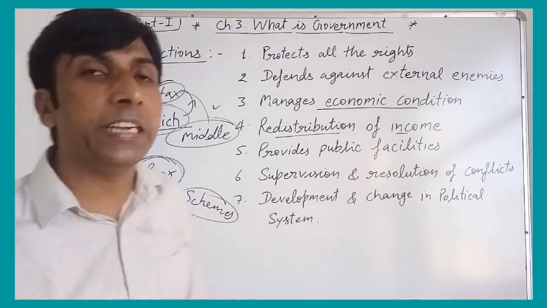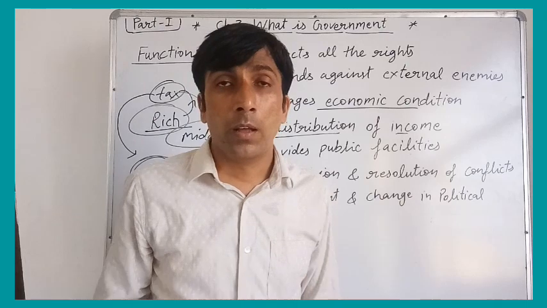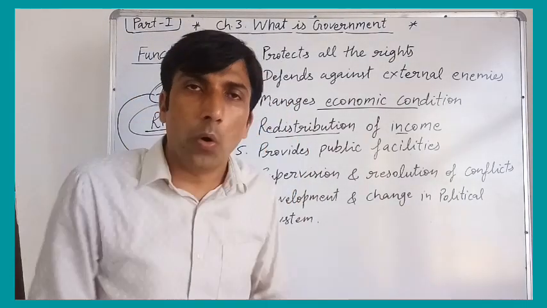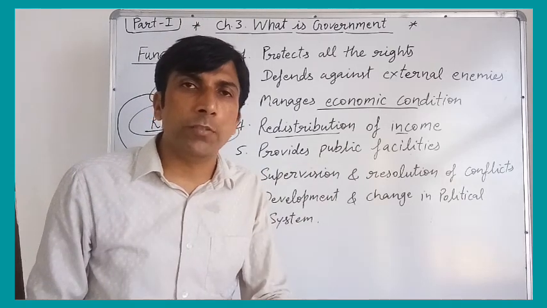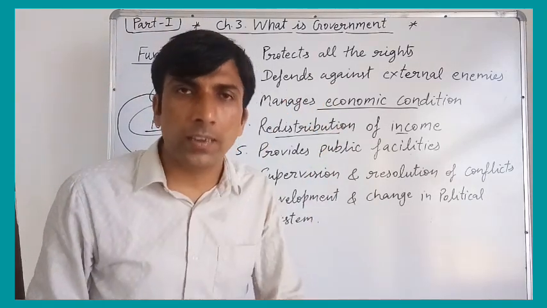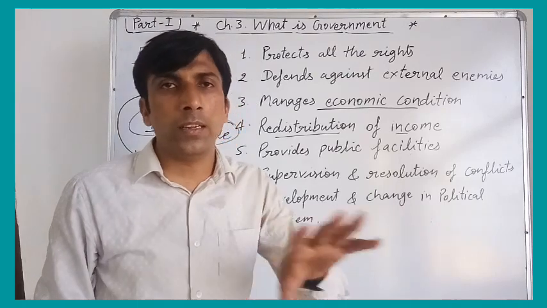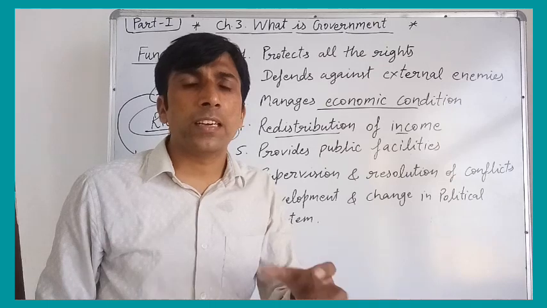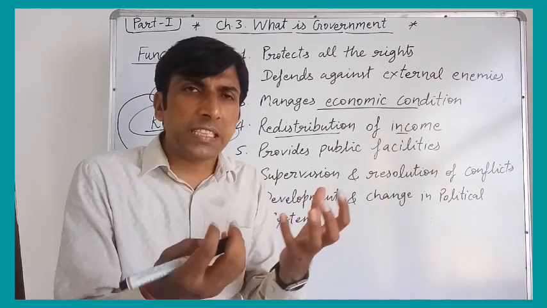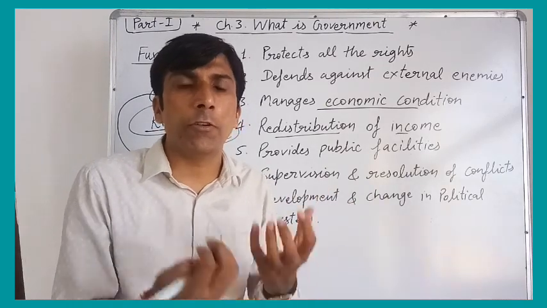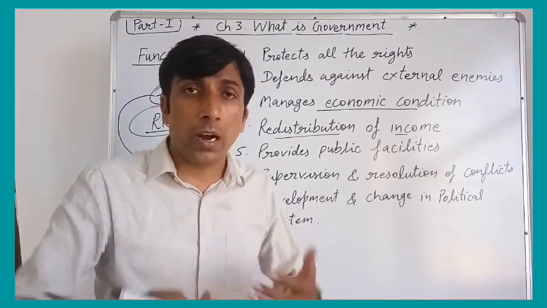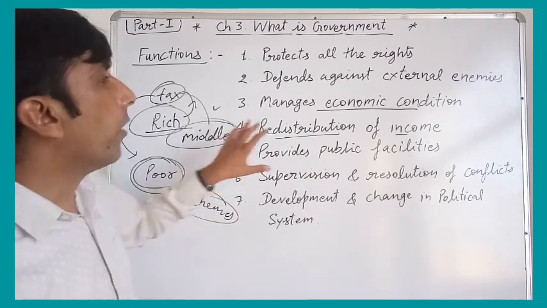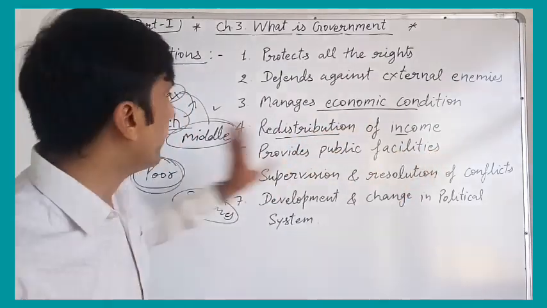For example, under the PDS, public distribution system, poor people, those whose earnings are very low, have been provided with some kinds of grains, right, and other commodities, and under the different kinds of schemes, the people can get houses, clear? So the basic needs, basic requirements are fulfilled by the government, right, under this kind of system. This is called the redistribution of income. Getting my point? It's very simple.